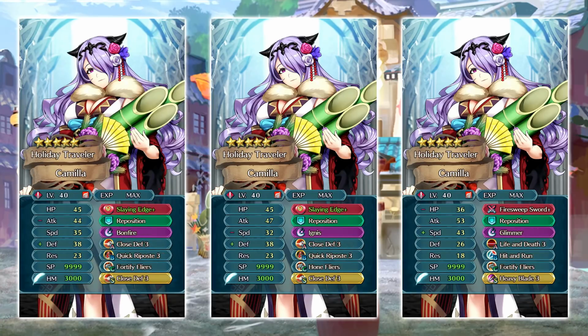Plus defense IVs can run double close defense, slaying edge, and quicker post. The special slot depends on the IVs. If she is minus speed, then run Ignis with Hone or Go Flyers because she'll want to be the one receiving fortified flyer buffs. If she has plus defense with minus anything except speed, then you want to give her